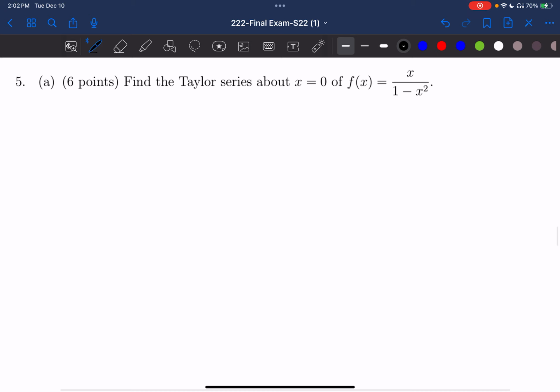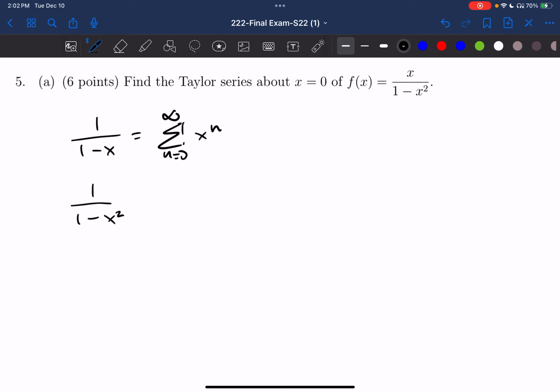Find the Taylor series about x equals 0 of f of x equal to this. So, how would we do this? Let me think. Okay, so we know that 1 over 1 minus x, this is a very basic geometric series, will be equal to the sum of x to the n power. So therefore we can conclude that 1 over